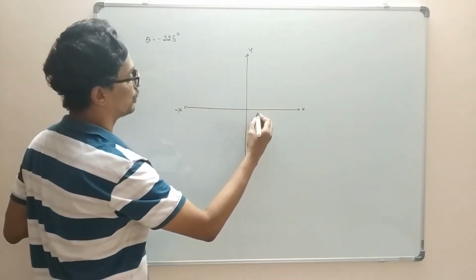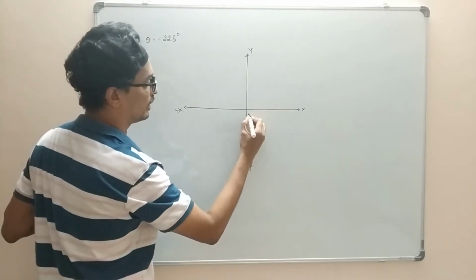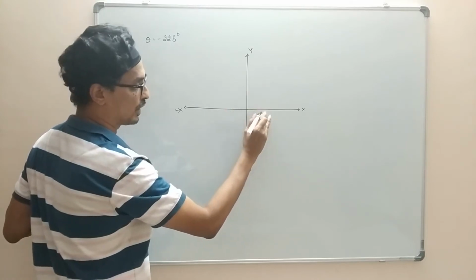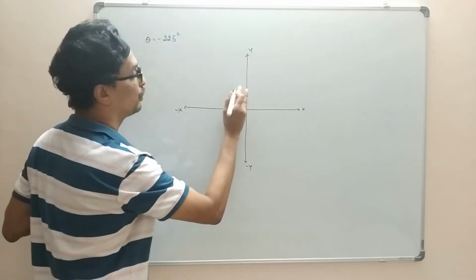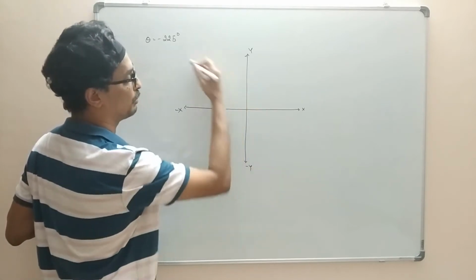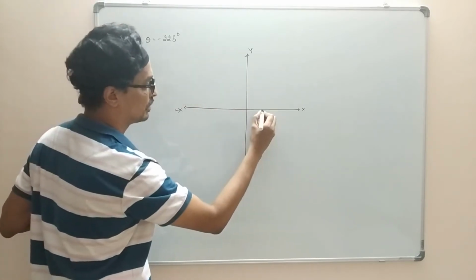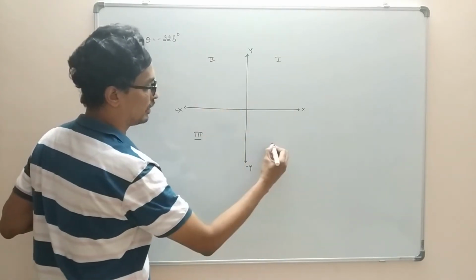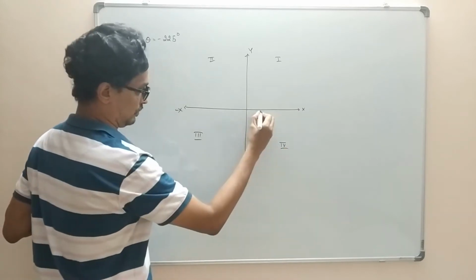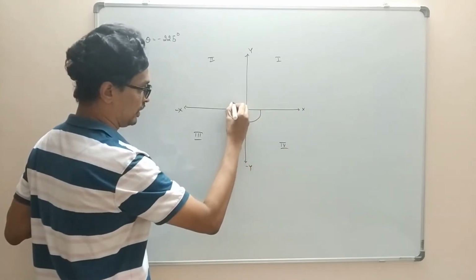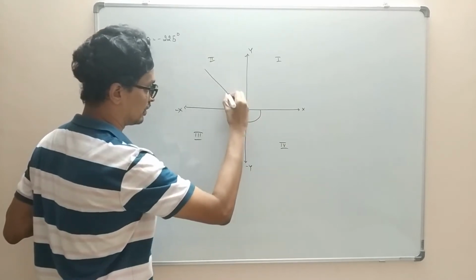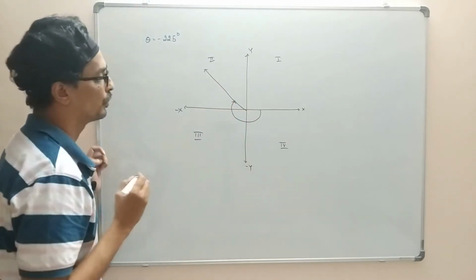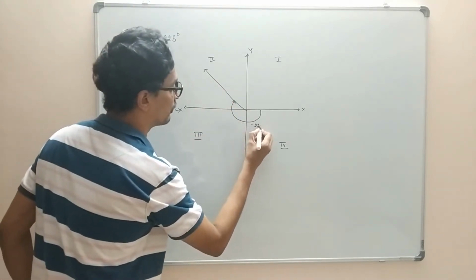Okay. So 225 degree, that means this is 90 degree, 180 degree. And this is 270 degree. So this goes like 90, 180, 270. So this will come in between these two. This will come in the second quadrant. Am I right? So this is the quadrant 1, 2, 3, and then 4. So this angle minus 225 degree will be something like this. Okay. So this is your minus 225 degree.